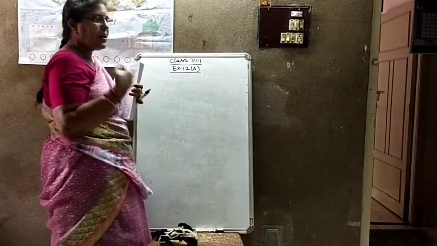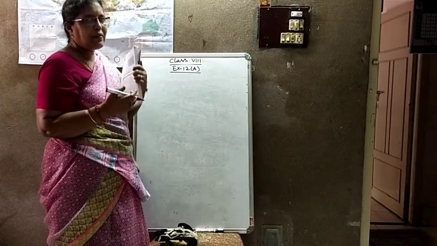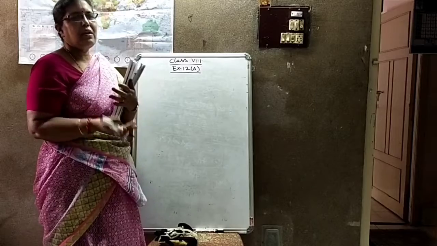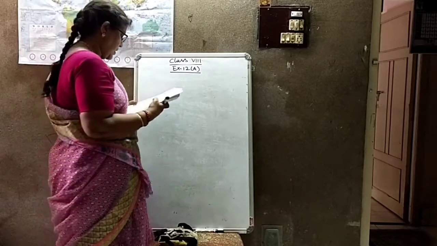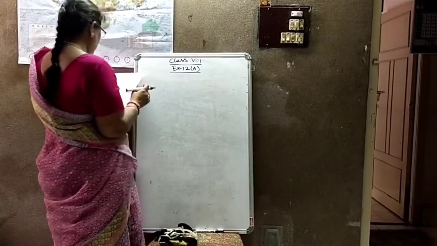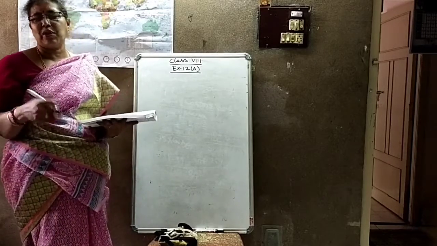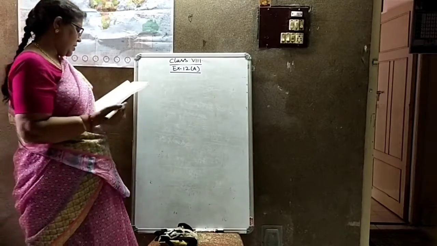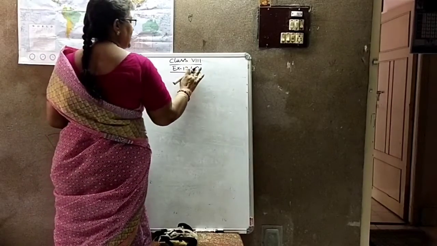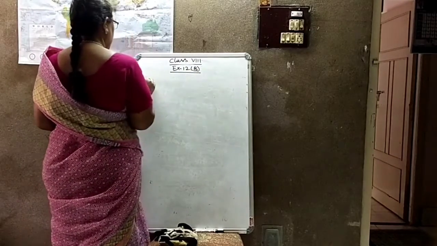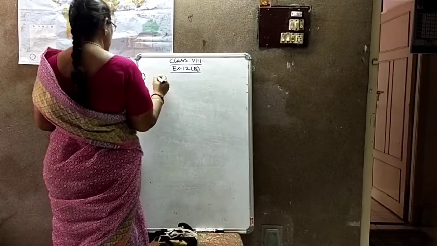Now listen to my words and then copy the sum. Don't leave it like that. After listening to me, you don't do that work at all, it takes time. Find the cube root of the following numbers by prime factorization. As usual, for square root sums we are doing the same concept. So now exercise 12B, the first question. In this also I will teach a few questions to you.